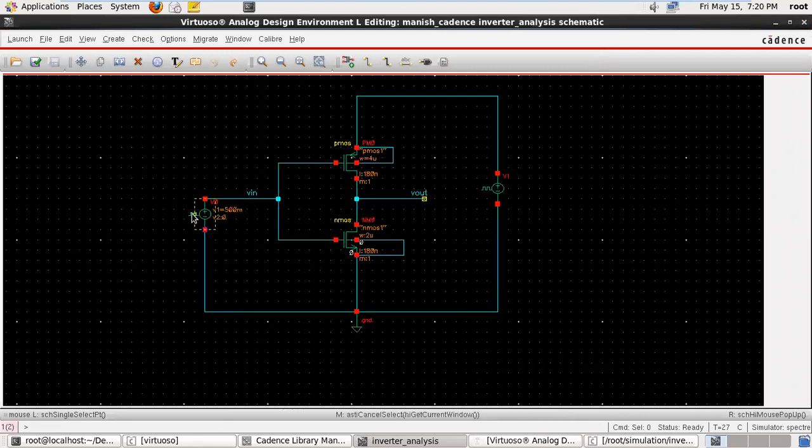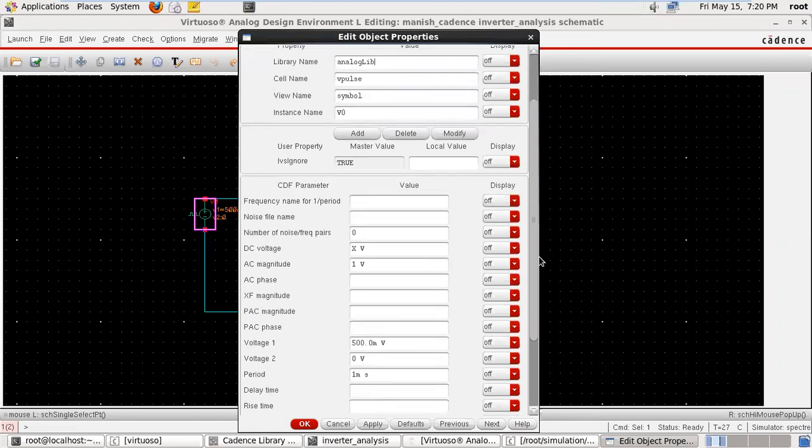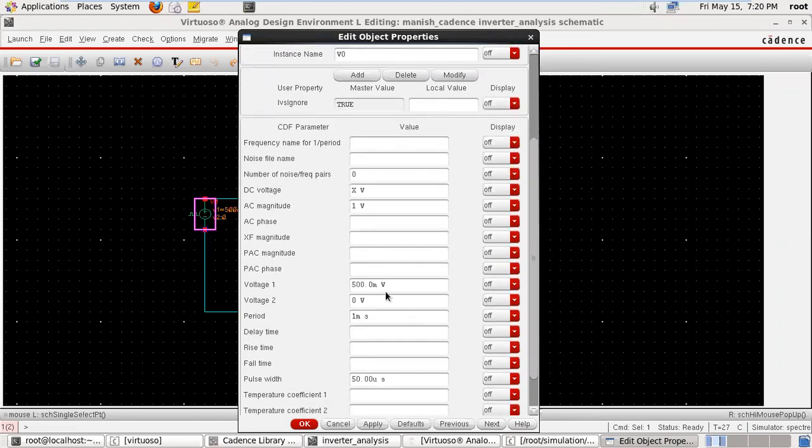Just go to the supply voltage. Voltage 1 is 500 millivolts. Period is this, and pulse width is 0.005 millisecond. Okay, so 0.005 millisecond.